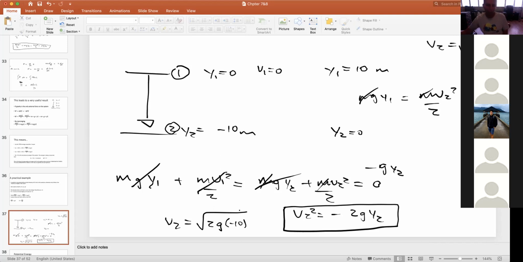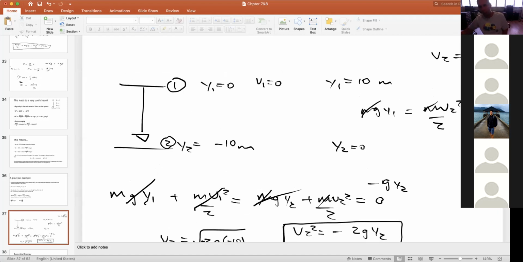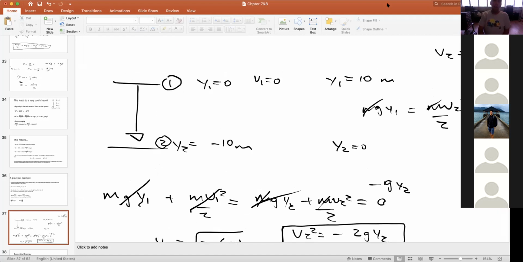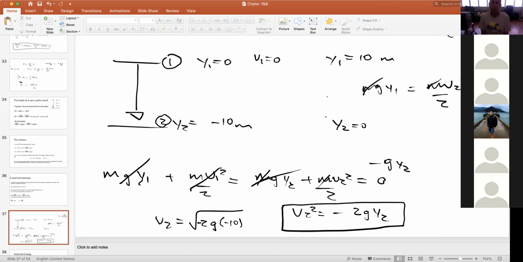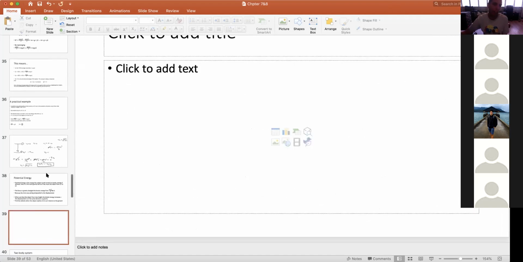And I'm sorry, I forgot the minus sign here. So this is 2g times 10, this is 2g times 10. It doesn't matter where you put your 0. The only thing that matters is the change. So in a way, you could write this as